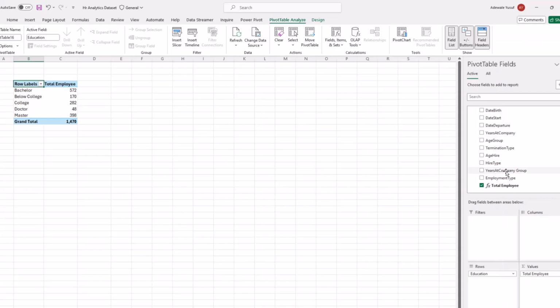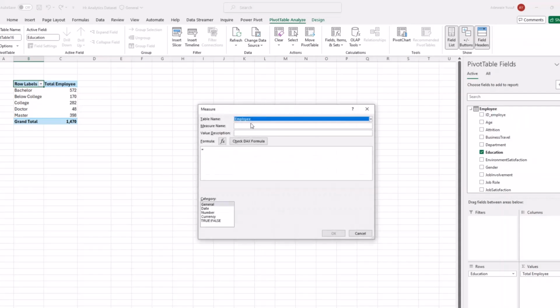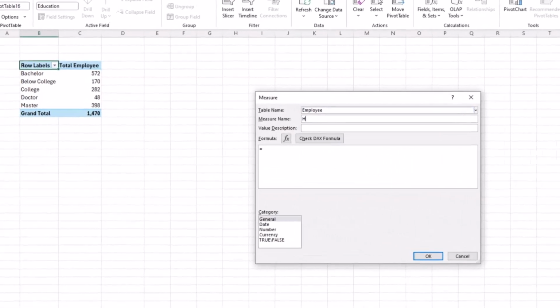Now let's talk about current employee, or let's say head count, right? So if I want to do a head count of the current employee that we have, then I'm going to do a condition to say the attrition is no, right? Because that means the employee is still with us. So when I click on add measure again, then here I'm going to call this measure head count,